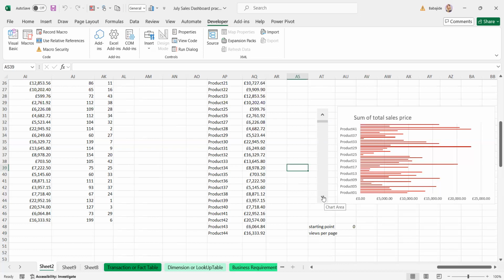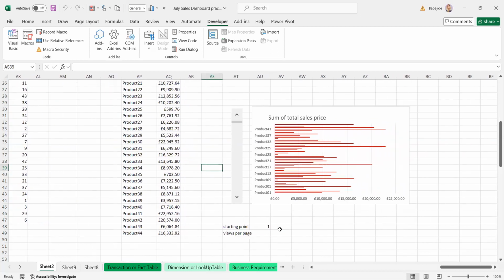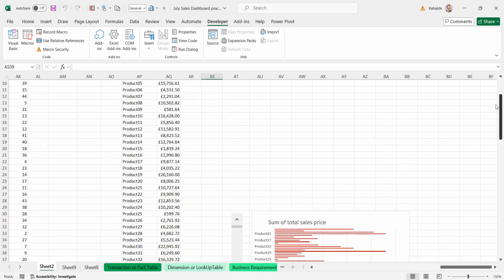Now you see that it's scrolling. It's not affecting the visual yet, because we have not really worked on the visual. What I've just done is to configure the scroll bar. So we need to now make it work with this visual. And how do we make it work? One way to make it work is we need to link